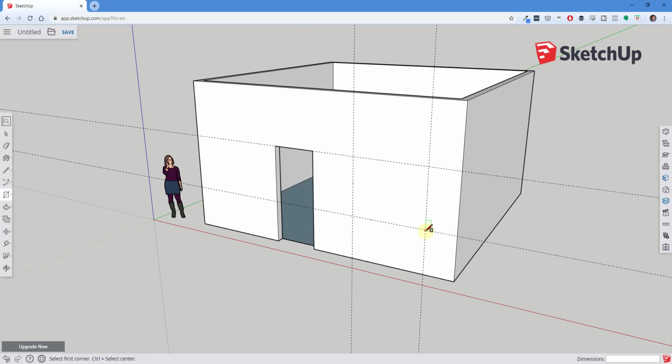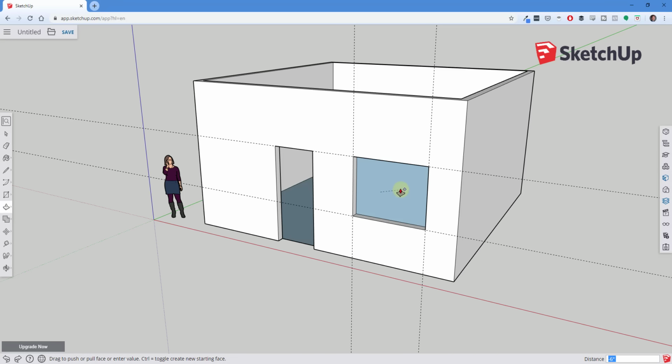So now what that means is I can draw a rectangle based on the intersections of these guides right where I want my window to be. Now what I'm going to do is I'm just going to push-pull this back. So I'm just going to activate the push-pull tool by tapping the P key. I'm going to single click on this face, and I'm going to move my mouse until I get this on